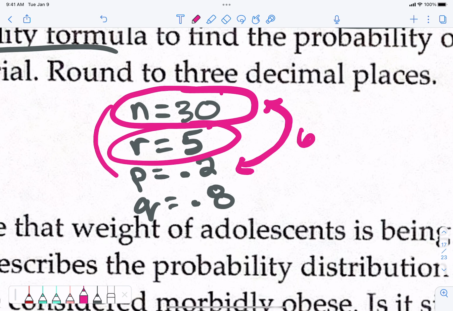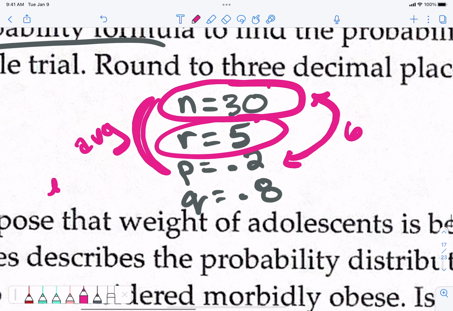n times p is the average, right? We just calculated that up above. Mu is equal to n times p. If we do n times p, that's 6. If this number was actually like 28, what are the chances of me getting 28 successes when the average is 6? Probably pretty low. Does that make sense? These are things that I would try to figure out in my brain, because if you get an answer that's super like 0.00000, you might think you screwed up. No, not necessarily, because if they're asking for 28 and the average is 6, that's going to be a really low chance of happening, right? Okay,